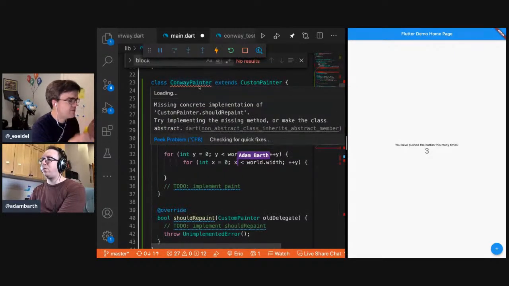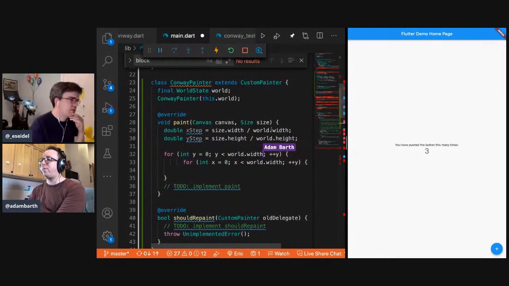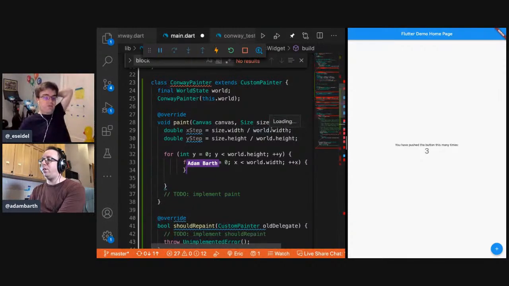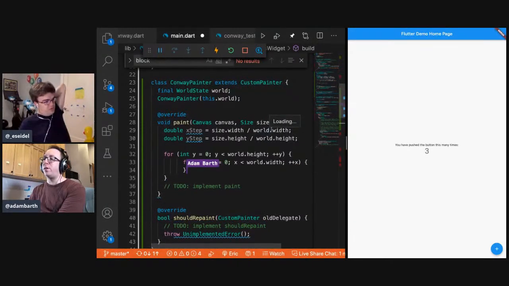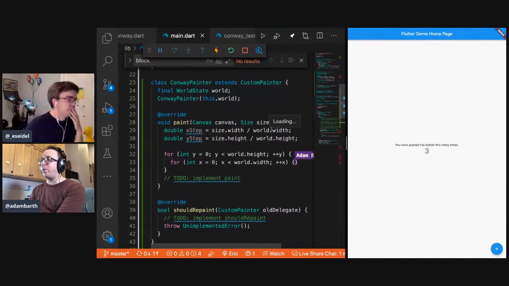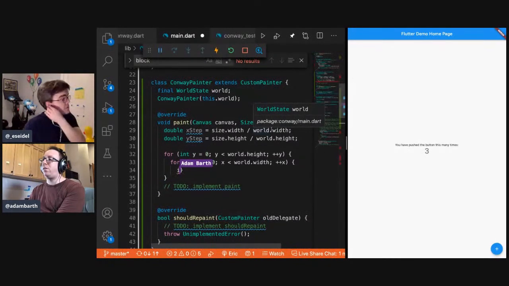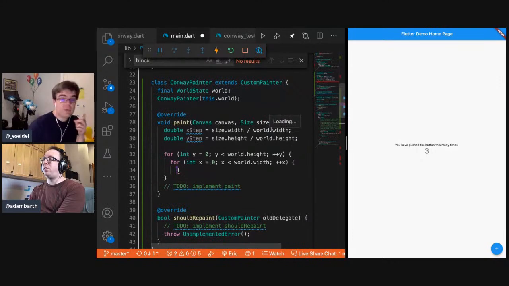So this is going to skew, right? If you have a rectangular window, we will have rectangle squares to your Conway. Yeah, so we could solve that at the widget layer using the aspect ratio widget to always give it a square aspect ratio if we want to. Yep. You could also solve it that way. We don't have infinite boards. Well, we may move to that.